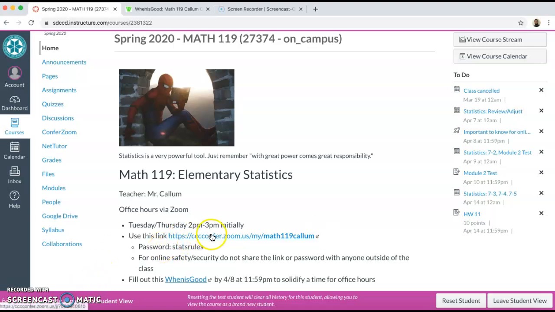Now, when you log into this, you won't see it on my video here, but you'll be prompted for a password. This password is just stats rules, all lowercase, just to make it easy. And just to keep everything online safe and secure, please don't share this password or this link with anyone outside of the class, because there have unfortunately been plenty of cases of people hacking into Zoom meetings and such,